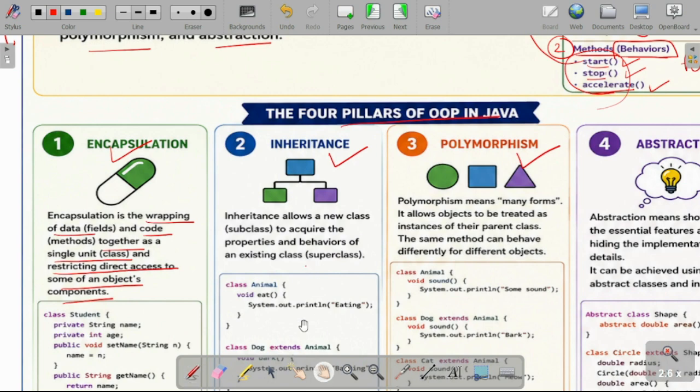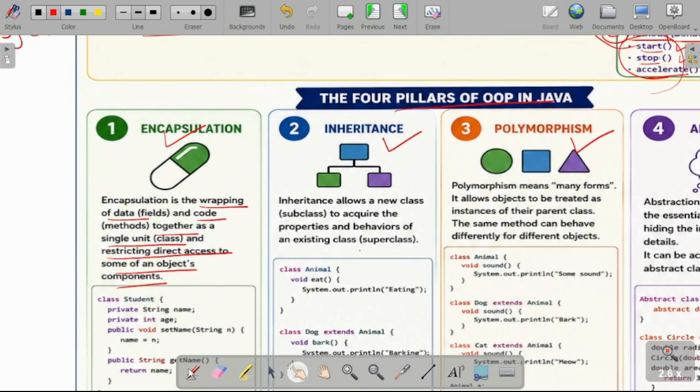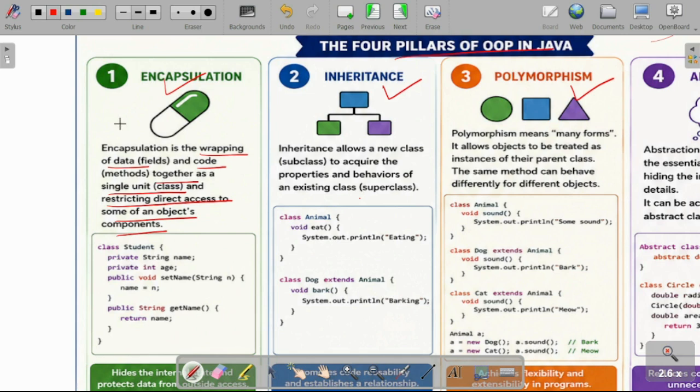We have declared this class student, and in that student class we have taken these members, that is our variables. So what are the members of a class? Our variables and our functions can be considered as members of that class. A variable can be considered as a field or attribute, and functions can be considered as methods in our